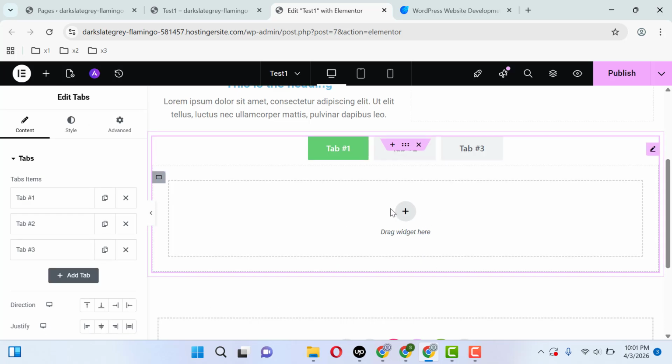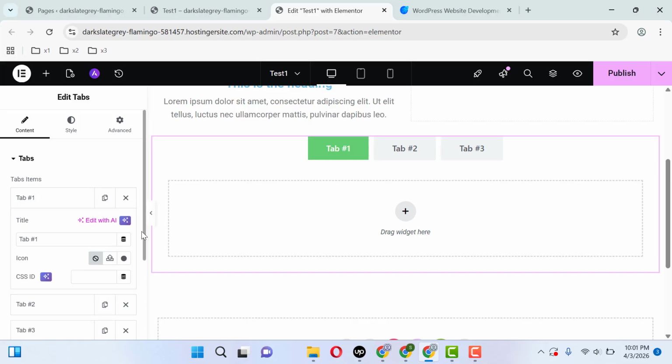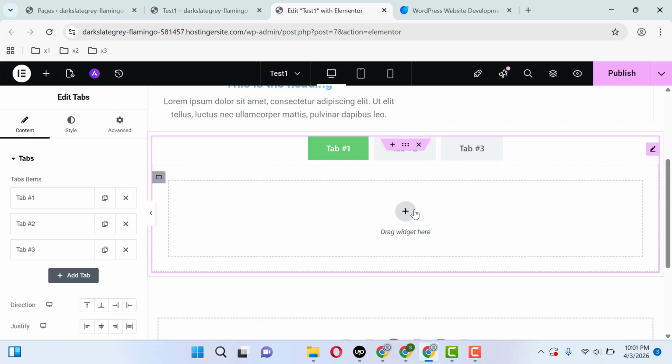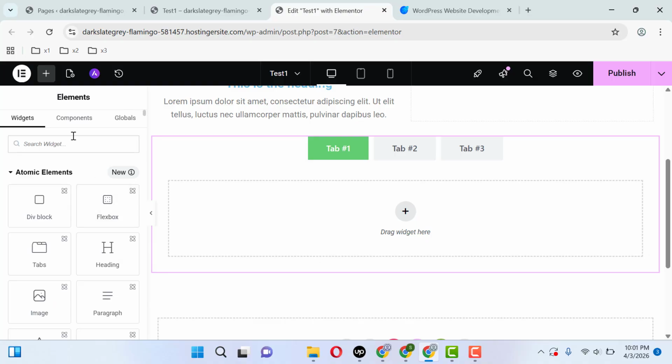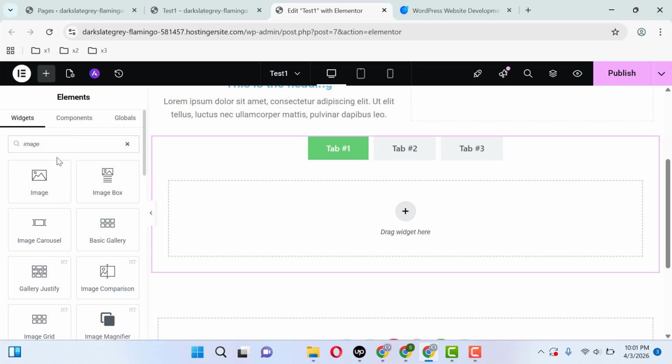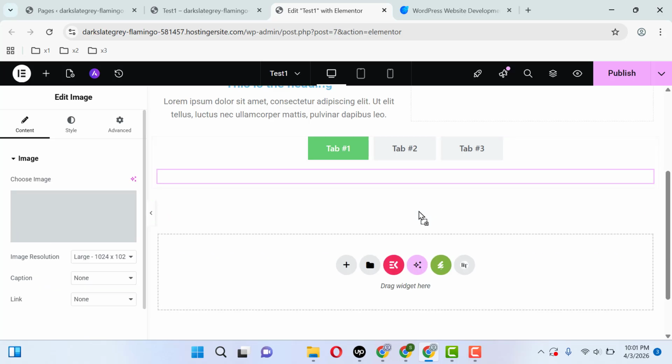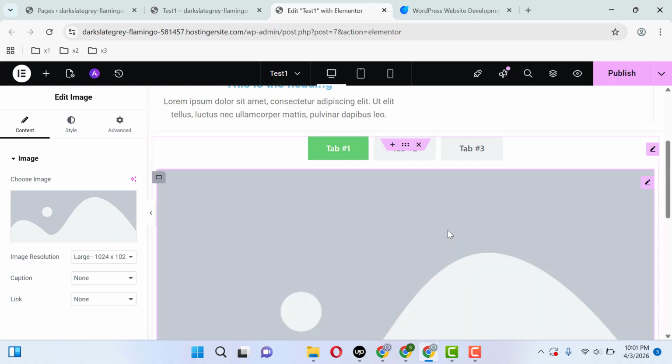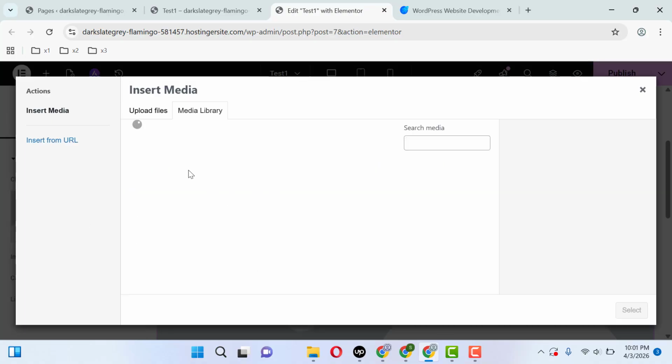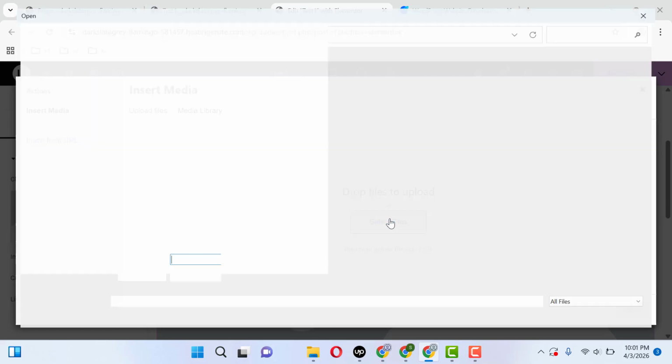Okay, now here we have this one plus button, so we can easily add any element, any widget from here. But before that, we only had a text box here in the old version of Elementor. So that is a great, amazing update. For example, let me drag one of the elements here, this one image. After that, now let me select one of the images from my laptop,